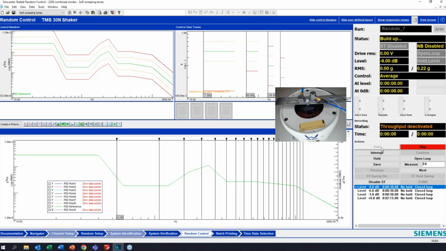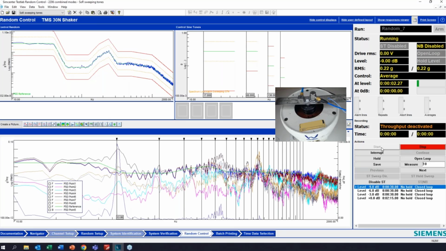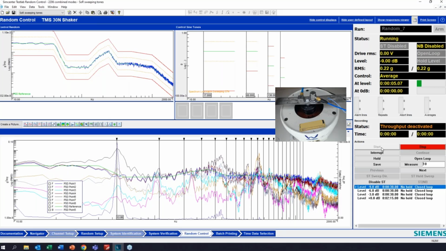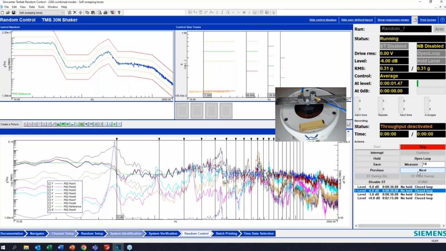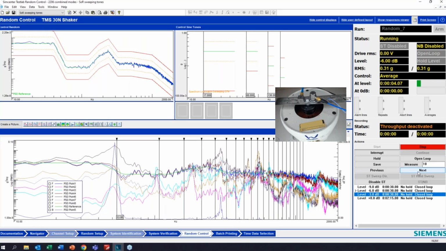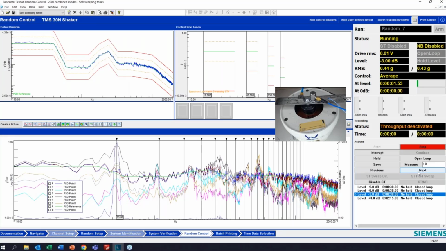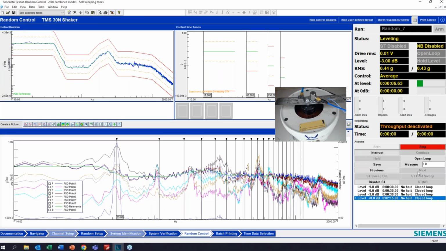And again, if you want to watch your video as this happens, you can see how, again, this base broadband random has come up, and we'll hit next. Go to 3 dB, give that control loop a moment. Looks good, and I'm going to go to 0 dB now, and these sine tones will come on.